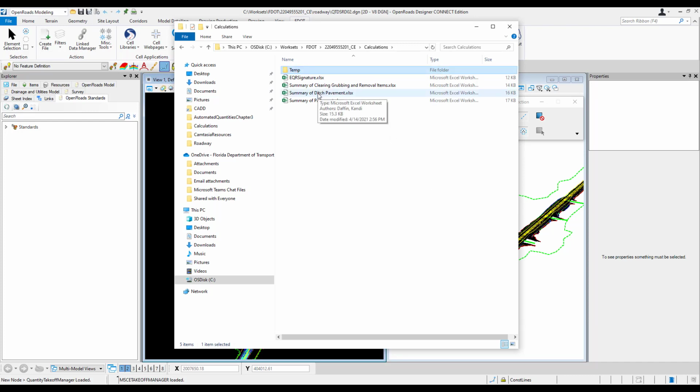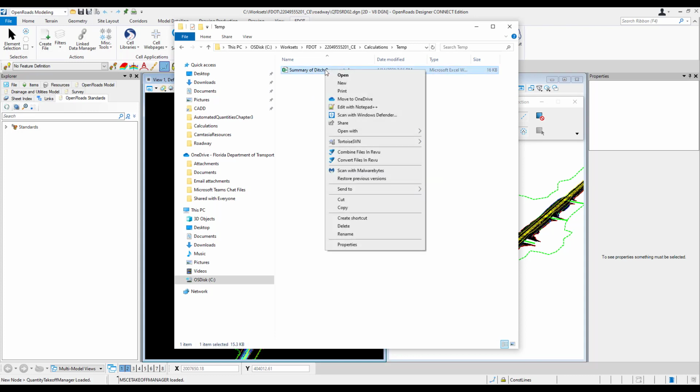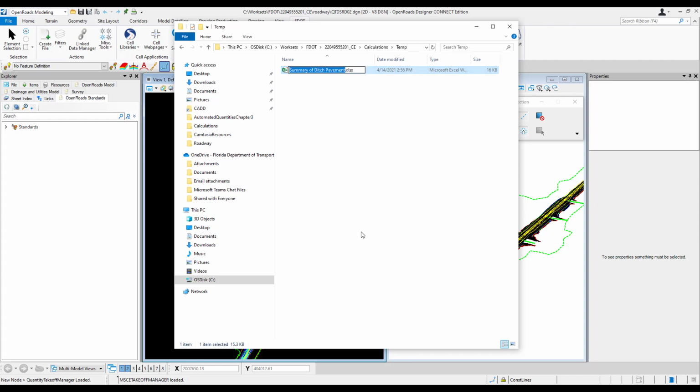Now let's find the summary of ditch pavement and move it into that folder. Right-click and select Rename, and let's change the name to Summary of Clearing and Grubbing and Removal Items Temp. That will help to provide that documentation I was talking about of where our non-automated quantities were generated.